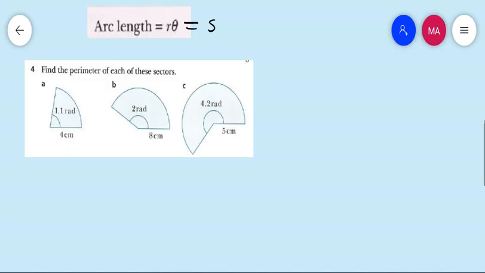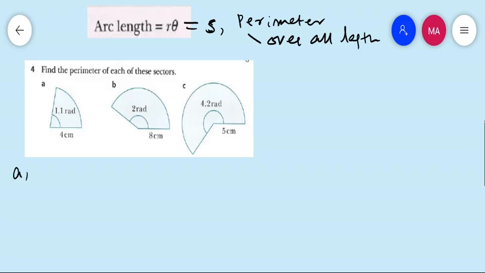Find the perimeter of each of these sectors. Here you can see the word perimeter. Perimeter means overall length. So if you take part A,